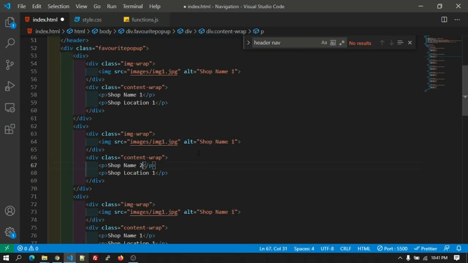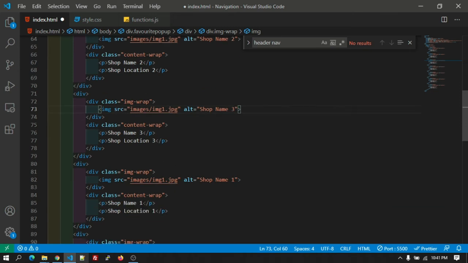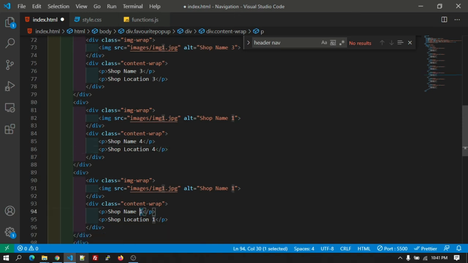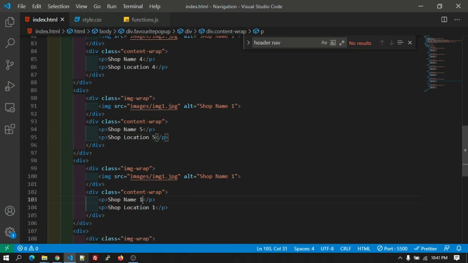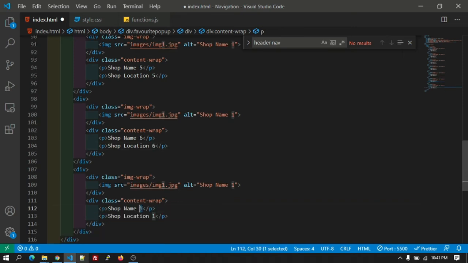Let's change it to shop 2, shop 2. Sorry. So let's add shop 3, shop 4, shop 5. And I think I have copy pasted so many times. Let's change the number. Okay, let's do 7.